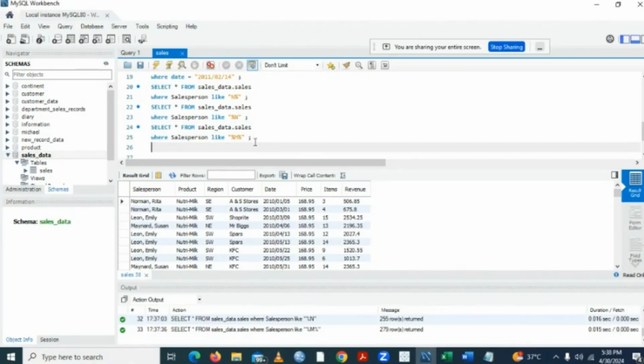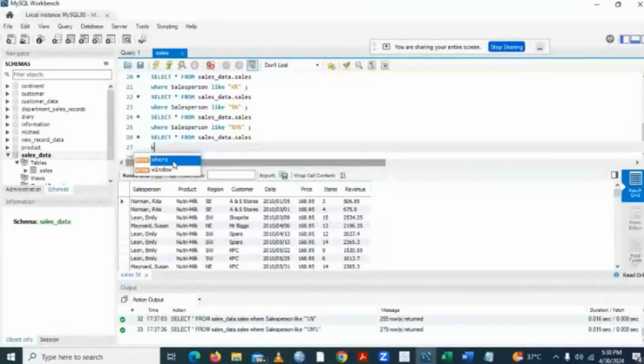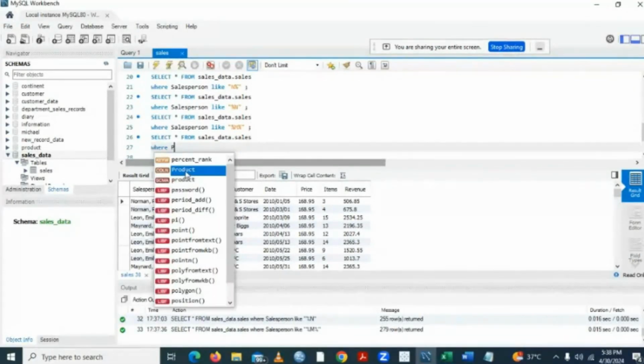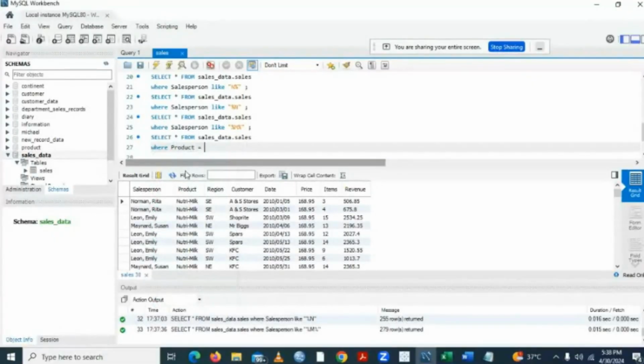Don't forget we are under the WHERE clause. Control V. Then I will say WHERE product equals Nutri-Milk,